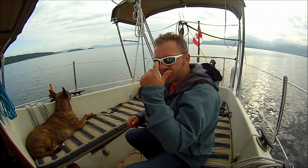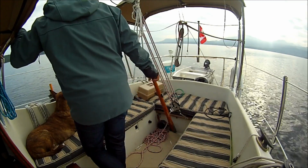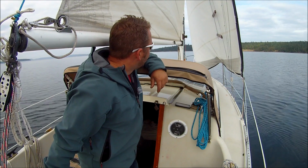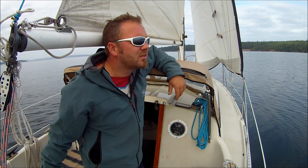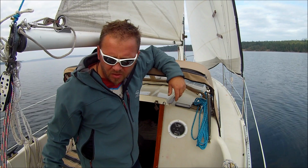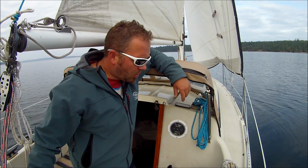Well, it's really easy. Sheet to tiller steering, it's really easy. I do this all the time. This is an Albin Vega, 27 foot. Very, very easy to balance. That's the key. Balance your boat. Get your boat so it's basically steering straight ahead, and then you can do it. It's easy. All you do,